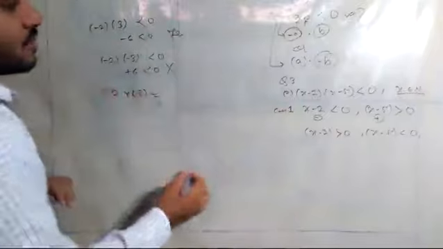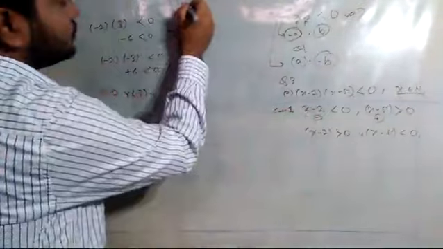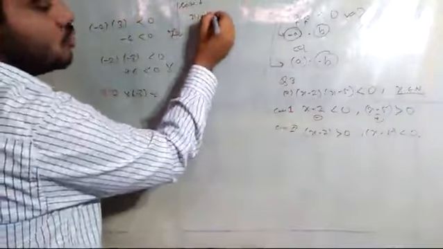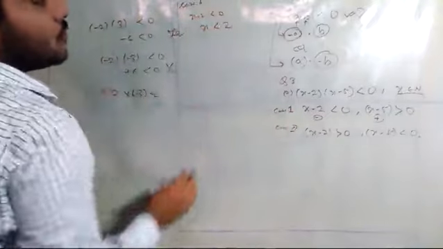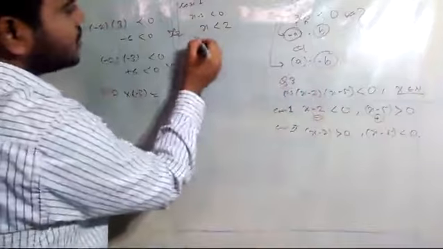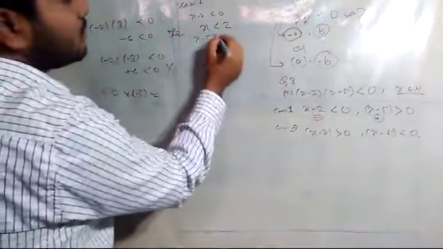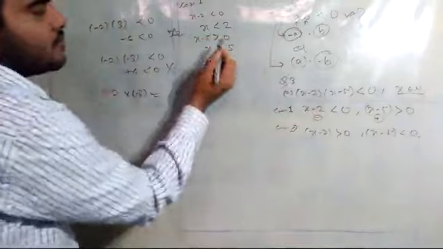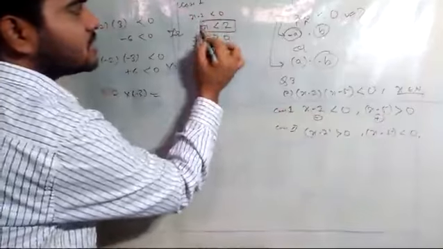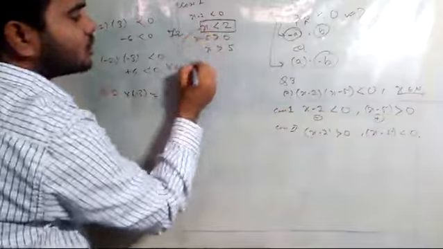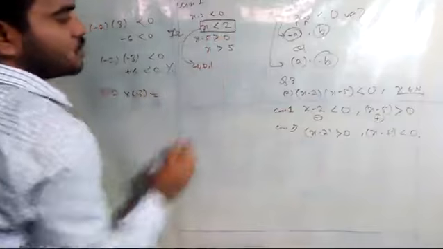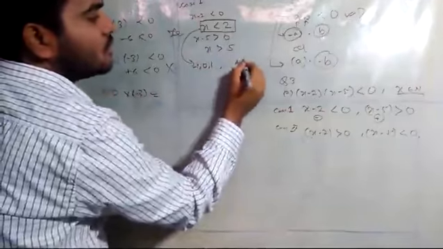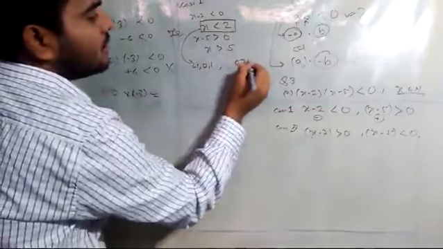So let us take this one, case 1. This is case 2 actually, case 2. Case 1, x minus 2 is less than 0, that means x is less than 2. Okay, fine. Now the second part, x minus 5 greater than 0, x greater than 5. Now you see, my dear student, one statement is saying x is less than 2. X is less than 2 means what? The numbers will be 1, 0, minus 1, correct? The other is saying x is greater than 5, which means 6, 7, 8, 9.